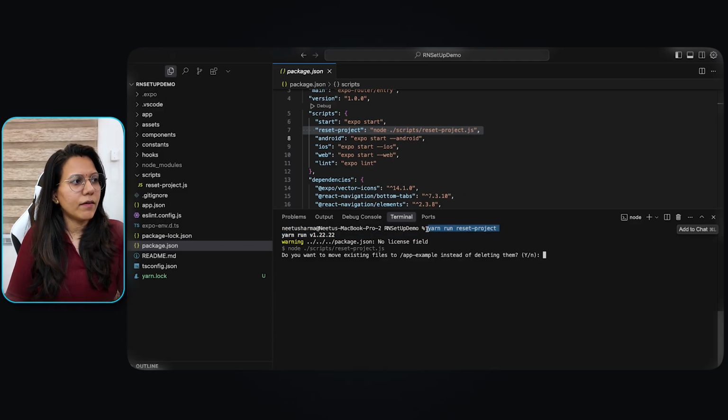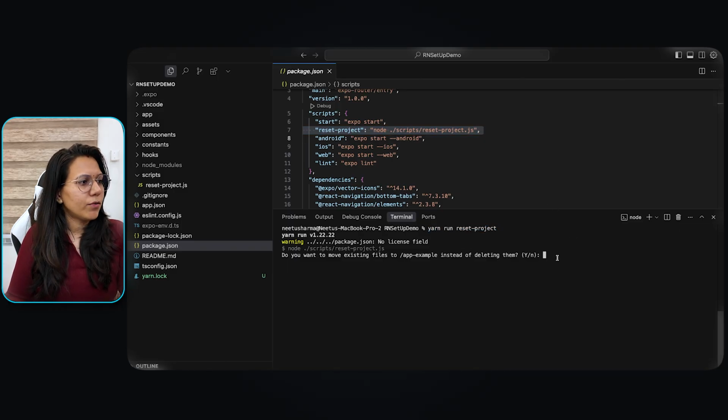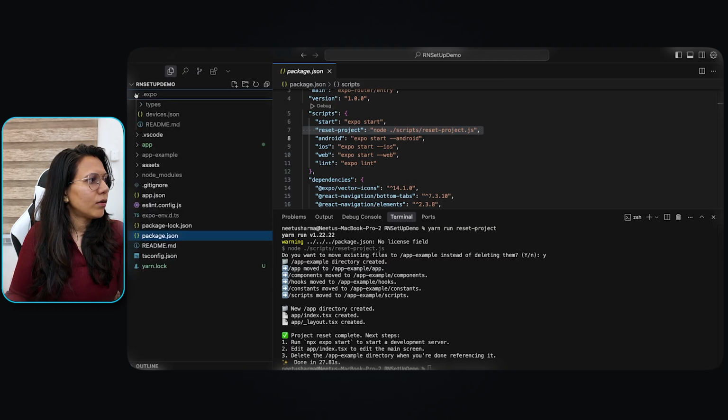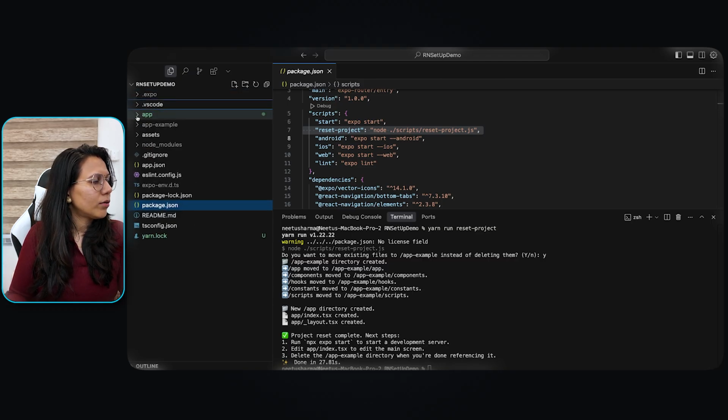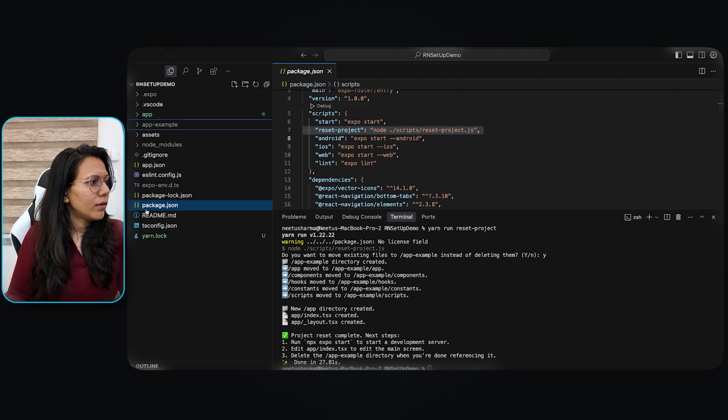Using this command, you are actually running this script, right? So here you will see, do you want to move existing files, for example, instead of deleting them? Yes. So here you can see all the unused files are now removed successfully. We are left with only these folders now, right?